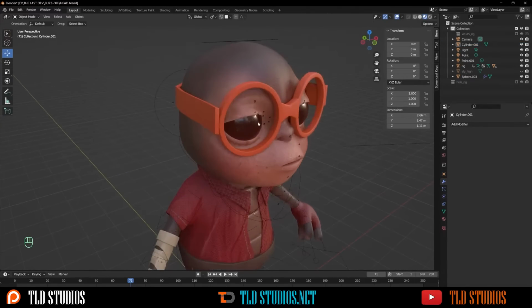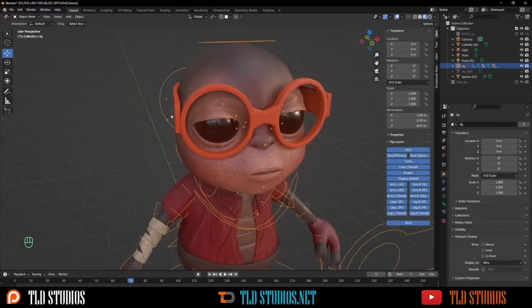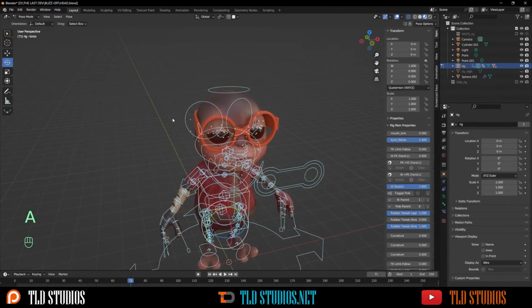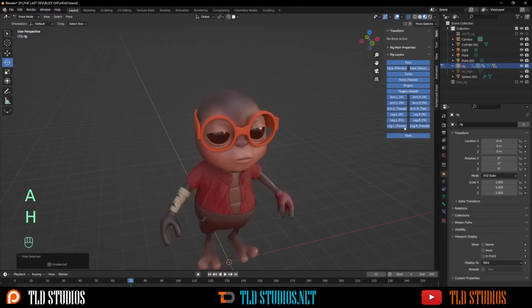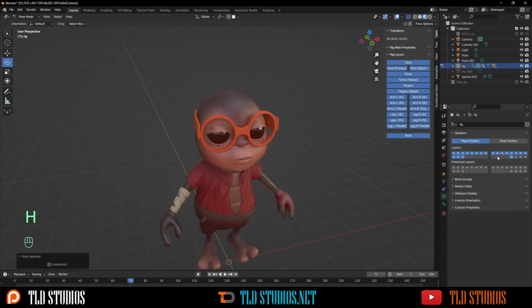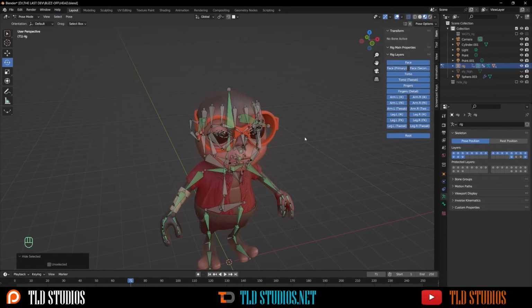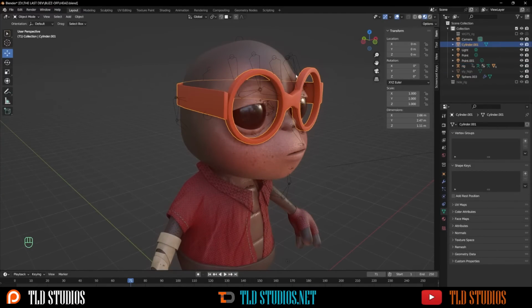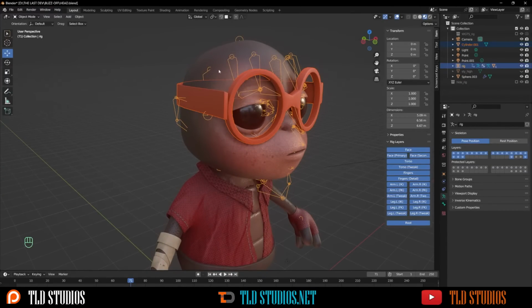Now we can start to attach this to the character. So what I'm going to do is first select our glasses, and we can shift select our rig. And let's go to pose mode, press A to select all the bones, hit H to hide it, hold down shift, and in the object data properties we can click layer 28 to expose the weighted bones. Now back in object mode, what we want to do is first select our glasses, hold shift, select our rig,